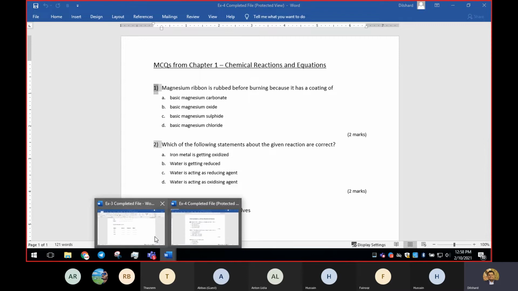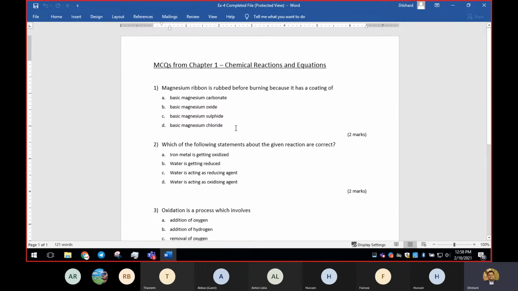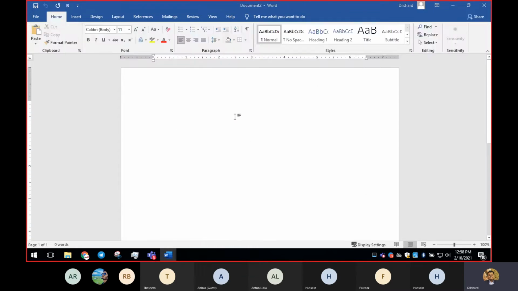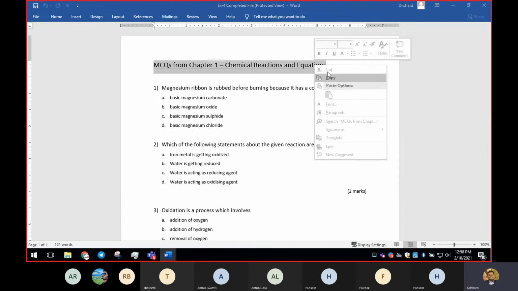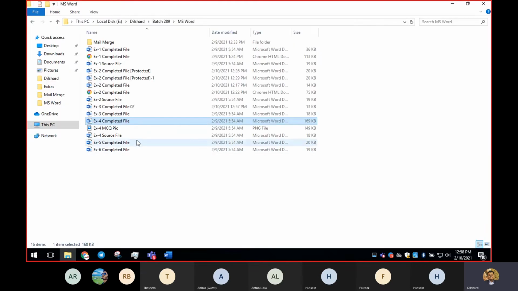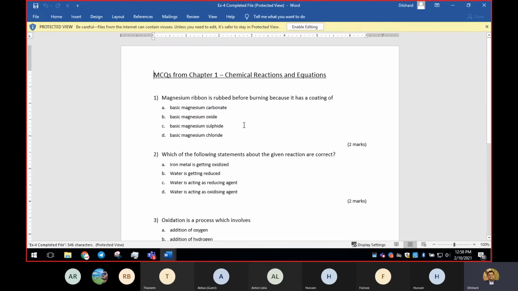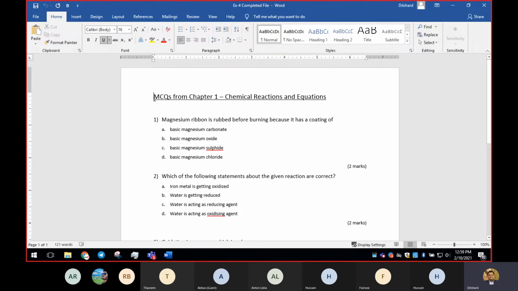So I'm going to open a new document. I'll close everything I had opened before, and I'm not going to save this, and I'll press Ctrl+N to open a document, and I'm going to copy this heading. Since we have not enabled editing, I can't copy, right? So I'll close and reopen, and click Enable Editing. If I close, you'll not be able to get it back. So I'm going to click Edit. Now you can copy.